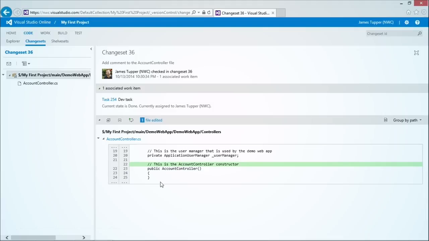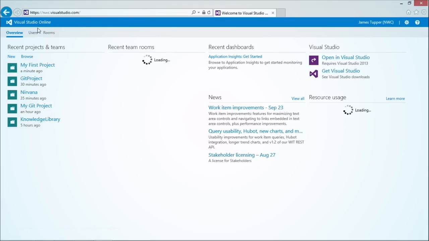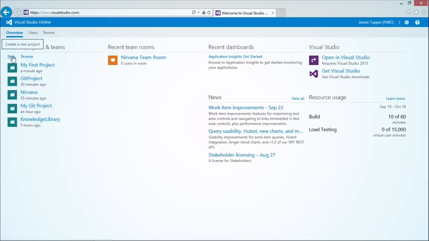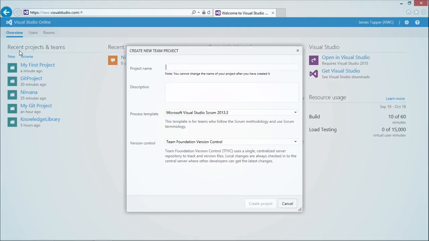Absolutely. So when we first create an account in Visual Studio Online, it will take us to this landing page. If I click this, it takes us to this landing page right here. And what you'll need to do is you'll need to create a new team project. And to do so, there's a link right here under Recent Projects and Teams. And if you click that, it will bring up a little dialog that allows you to walk through creating a new team project. So give it a project name, call it my TFVC project,